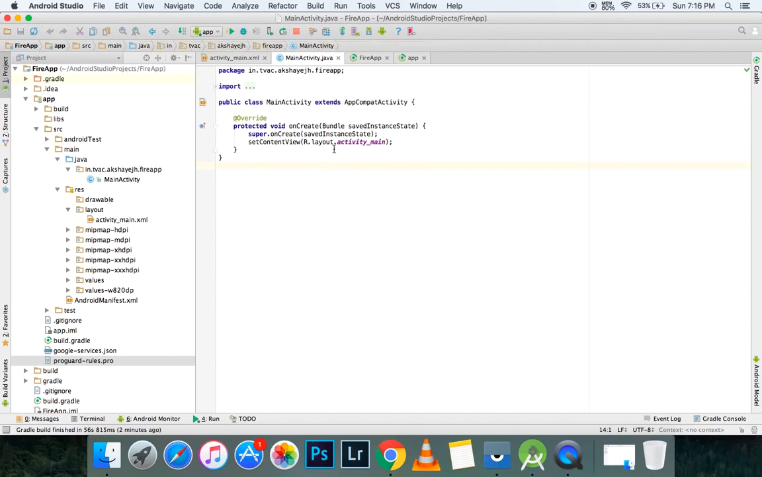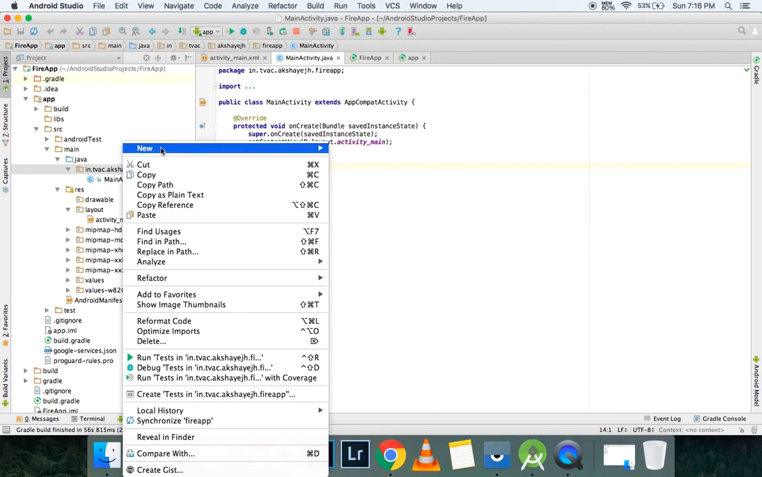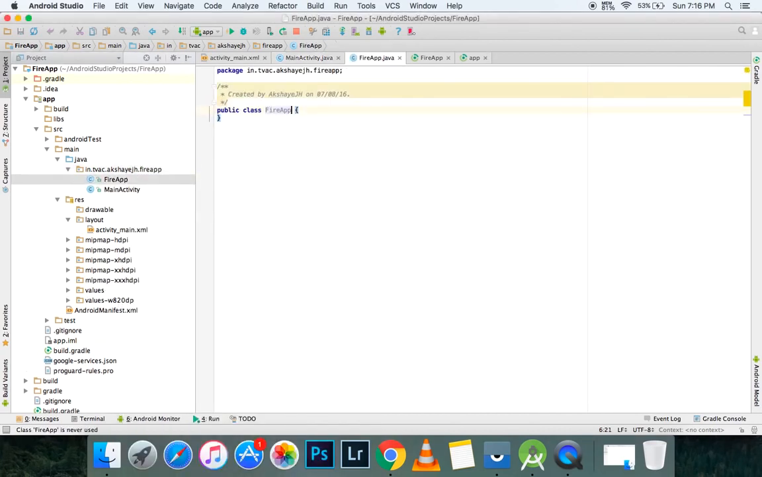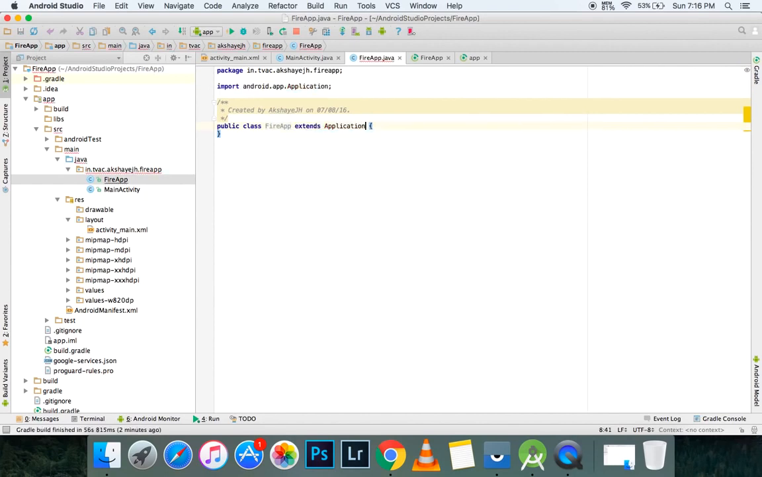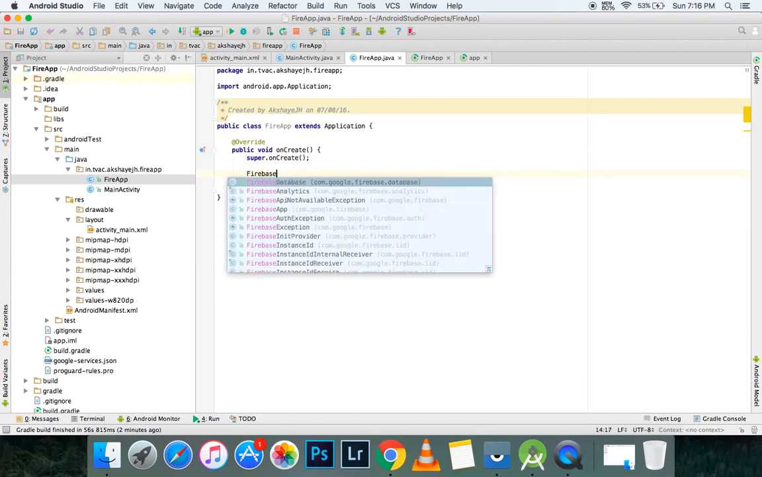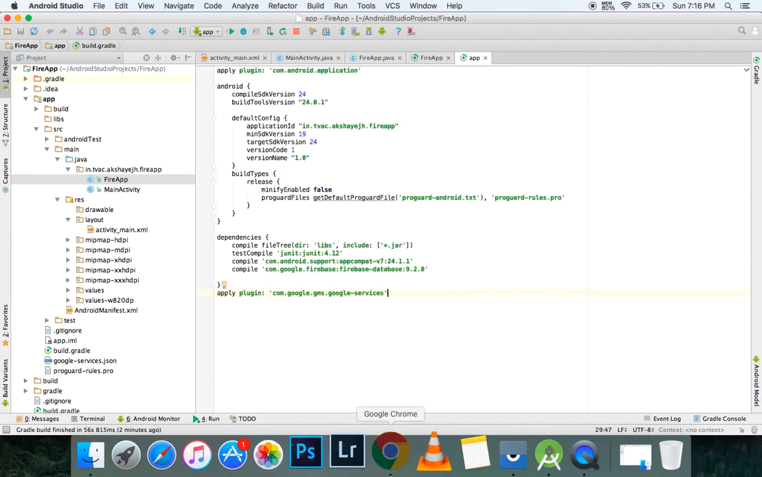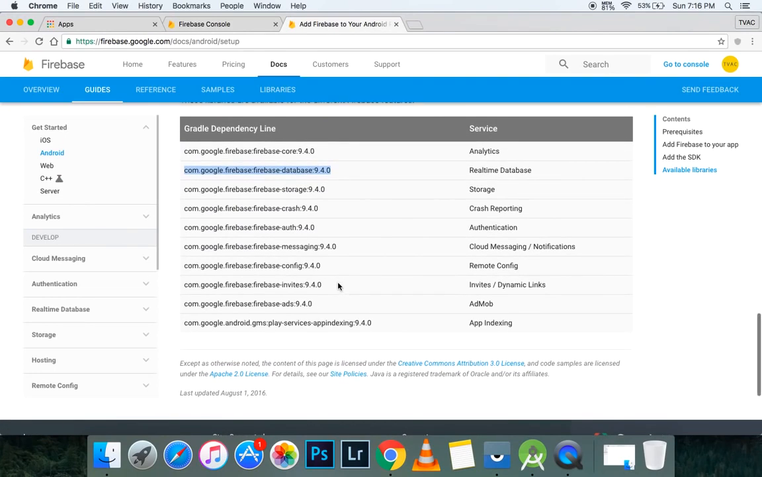So next thing that I want to do, I want to create an application file, and I'm going to call it Fire App, and let's say extends Application. All right, then on create method, let's add Firebase dot set Android context. So right now we can't do that because we haven't added